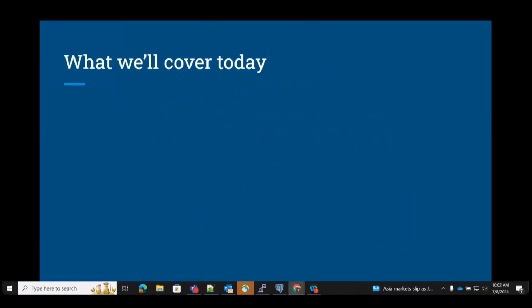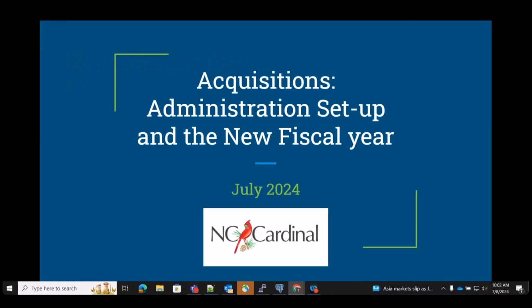So welcome to Acquisitions Administration end of year setup, or end of year closeout and setting up the new fiscal year. In this workshop, what I'm really hoping we can do is to have everyone working hands-on within your acquisitions administration and actually go through the process of closing out and then getting everything set up for next year